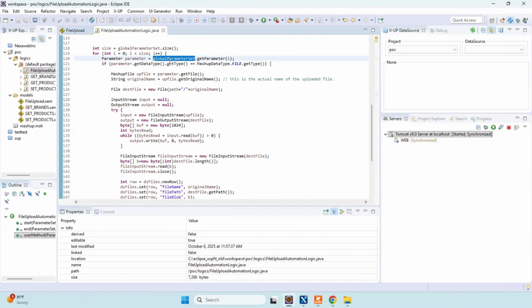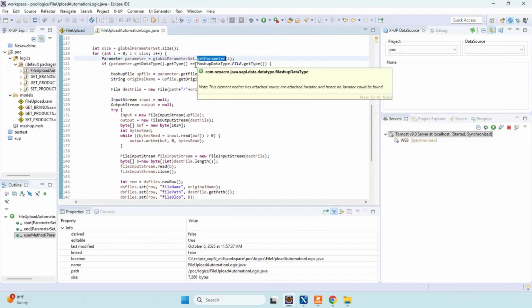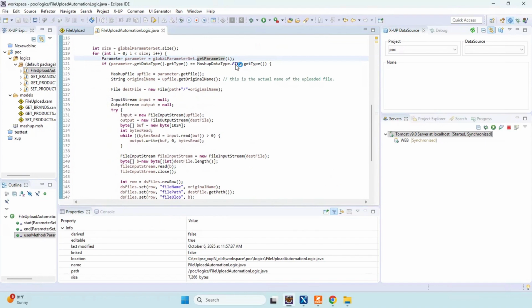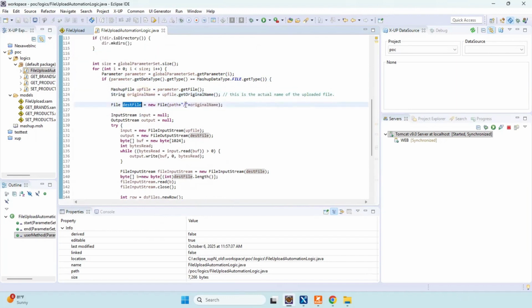When we say global parameter set get parameter, those files are also received in the server here. So if that parameter is of type file, so that is our file that we uploaded using the file dialog.